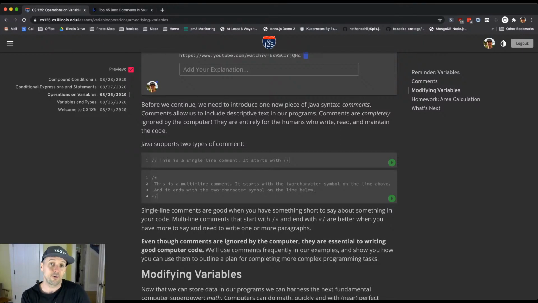Again, the computer does ignore these, but these reflect the fact that code is both a communication between you and the computer, but also an ongoing conversation between you and other people that you're working with, right? And particularly when you start trying to learn a new piece of software, you get hired at a company and they're asking you to develop this thing that other people have been working on for years and years, which is,